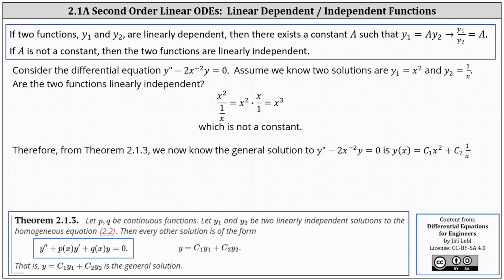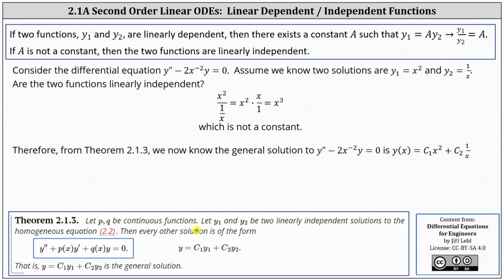When solving second-order linear homogeneous differential equations in the form y double prime plus p of x times y prime plus q of x times y equals 0, it's important to know if two known solutions are linearly independent or linearly dependent. If we take a look at the theorem at the bottom of the page, if p and q